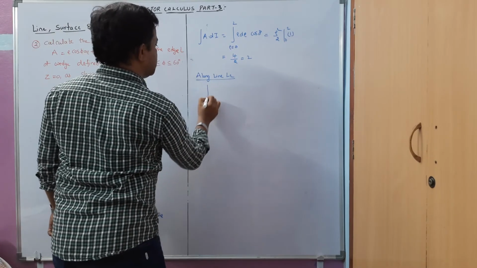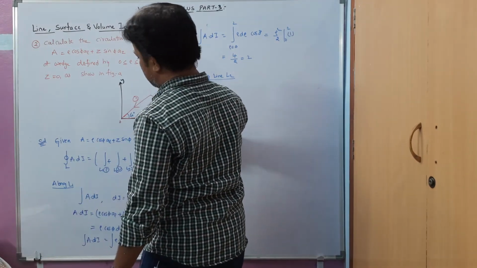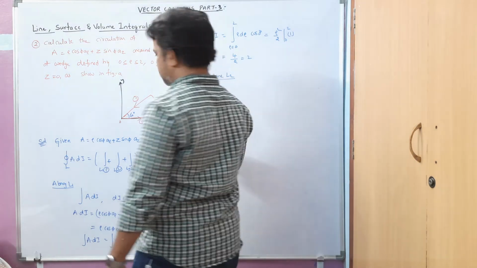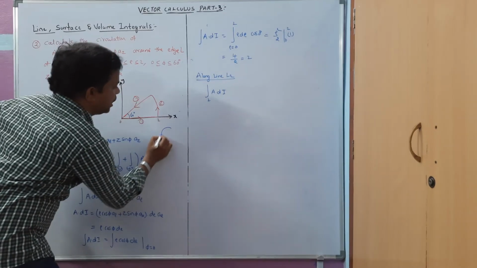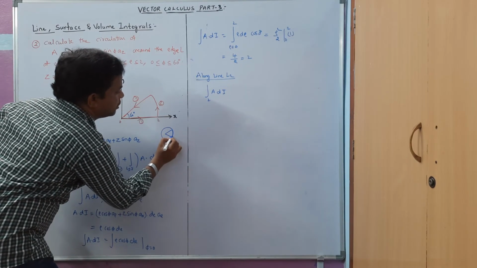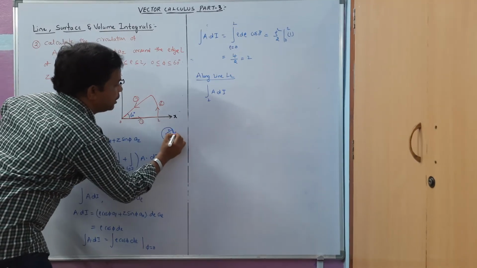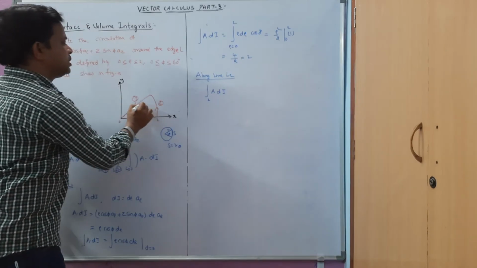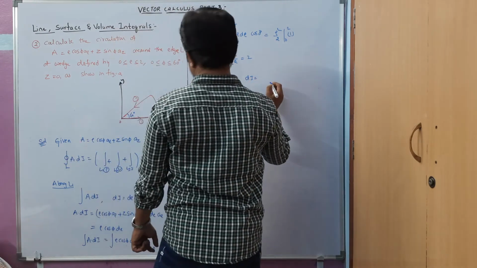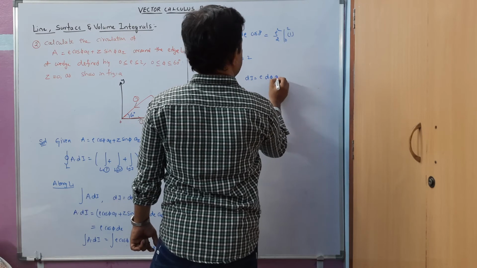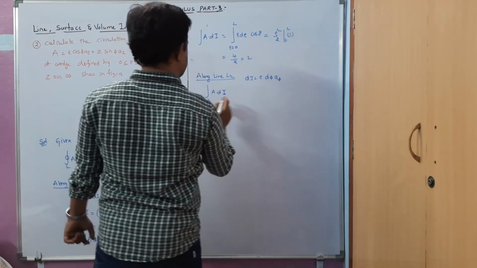So this line integral A dot dl again. Now this curve will have rho d phi a phi. For this one, we have the curve length of a line segment on this circle. We know that theta and r, and s is equal to r theta. So this line segment will become dl is equal to rho d phi a phi.